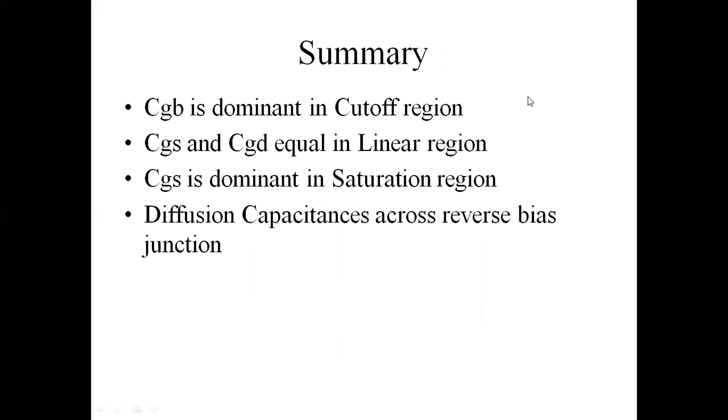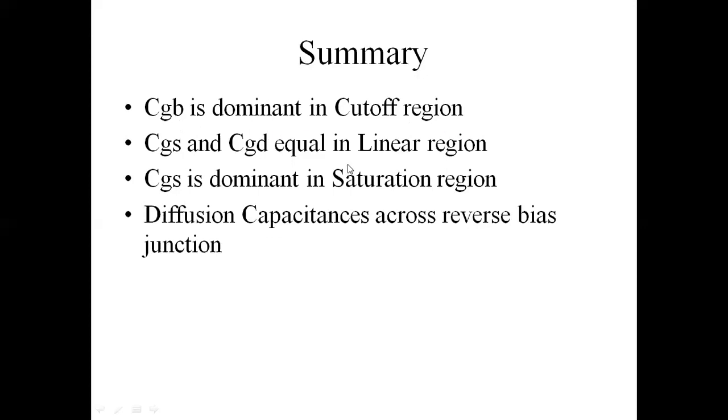So now let us conclude. MOSFETs provide capacitances because of the conducting material and the different insulating material separating the conducting plates. Since a number of conducting materials and different insulating materials are used in MOSFETs, different capacitances are produced, as we have seen. So CGB, the gate to body capacitance, is dominant in which case? In the cutoff region, because no channel is formed. So only the gate and the body are separated by the oxide layer. It is dominant in the cutoff region.